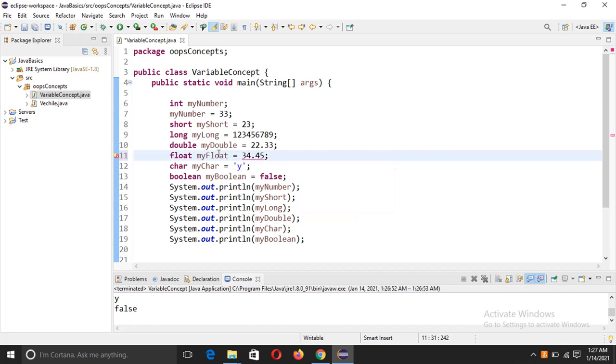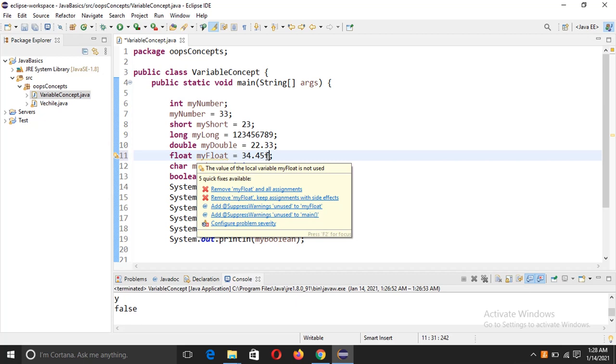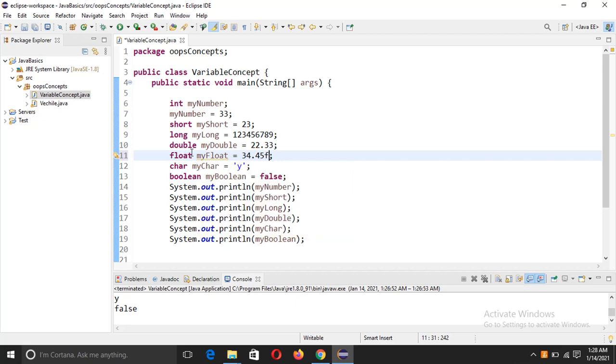The functionality of the float data type is just the same as double, but we have to separate the float value from the double value using a small f. The small f means float, that it belongs to the float data type.